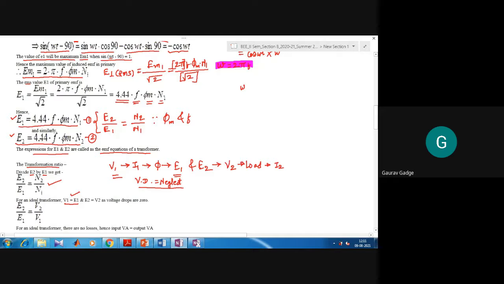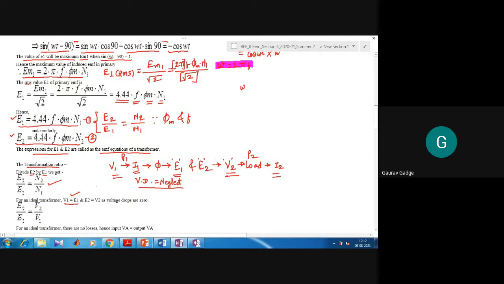That allows current I2 to pass. So it means V2 and I2 are there on the secondary side and V1 and I1 are there on the primary side. So this is power P1 on primary and power P2 on secondary. V1 allows E1 to develop, and due to E2, the V2 gets developed. V1 के वजह से E1 डेवलप हुआ, E2 के वजह से V2 डेवलप. तो ये जो पूरा principal operation है, that principal operation must be clear to you.